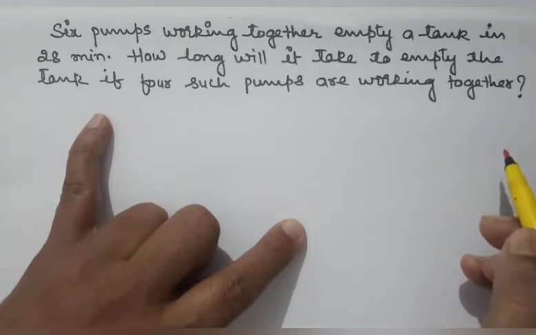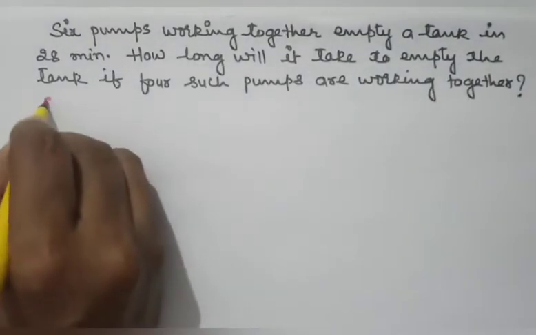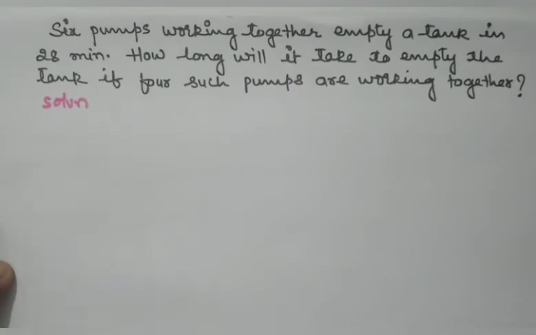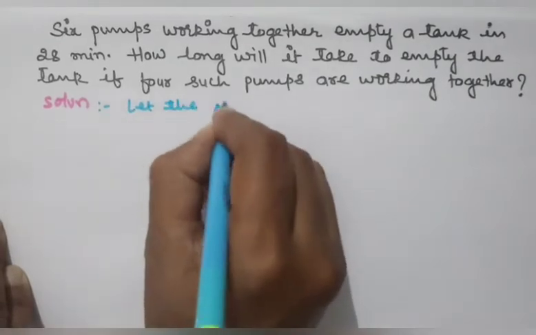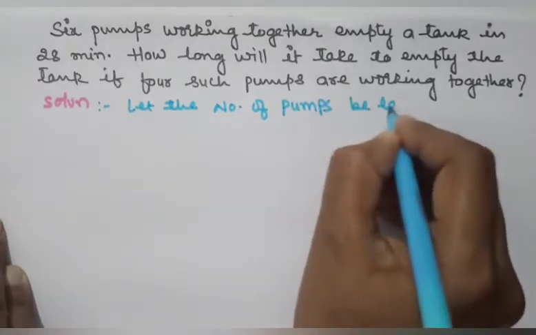Now, 6 pumps are working, time taken was 28 minutes. Suppose you reduce the number of pumps, if you make them 4, what about the time? Naturally, the time will increase because less water will be drawn out. So this is the case of inverse variation. So what shall we do? Let the number of pumps be taken as x